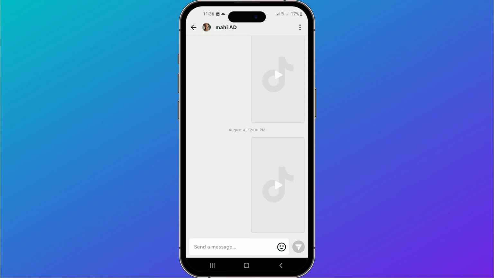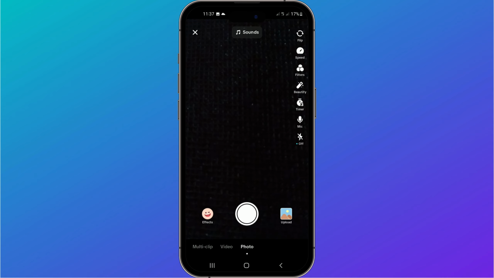Now, if we head over to our inbox and go to the message that we want to send, obviously, a photo to, as you will notice, there is no way inside messages that we can do this. So the way that we can get around this and send a photo inside messages is if we